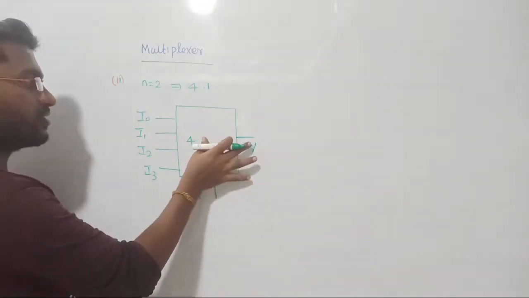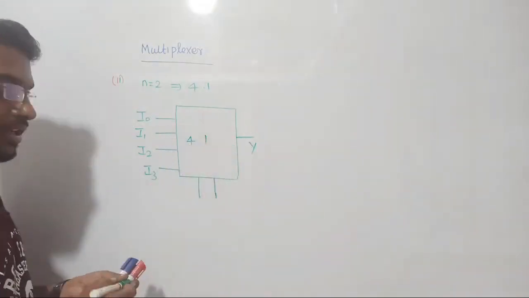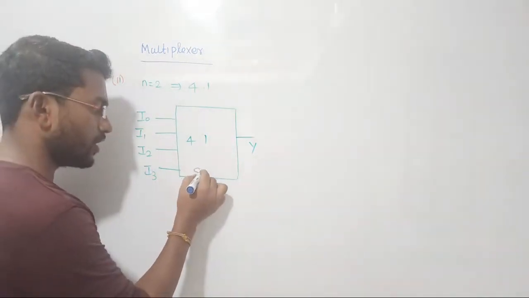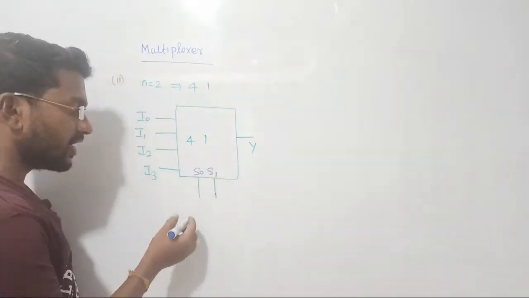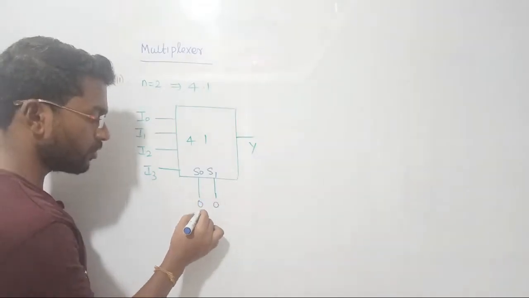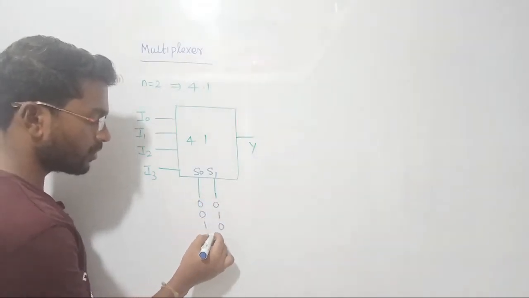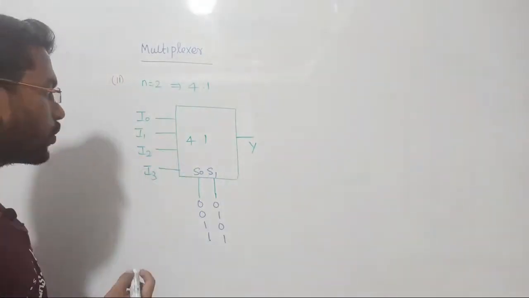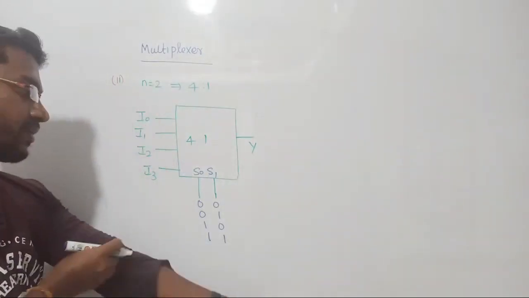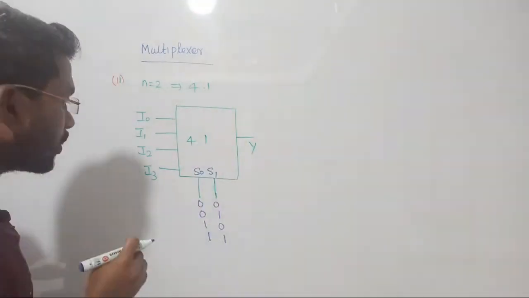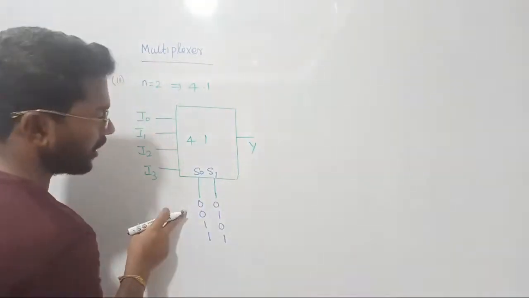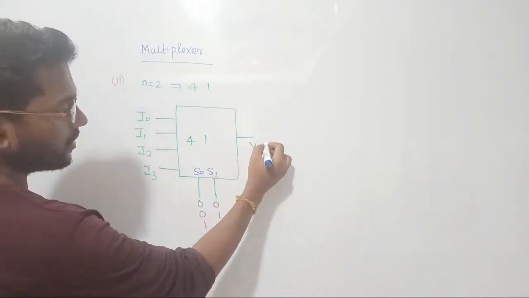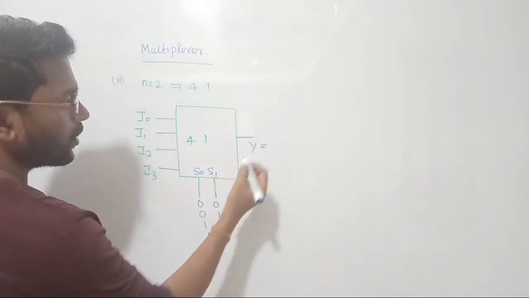Sorry guys, this is a 4 cross 1 mux, such that here we are going to consider 2 select lines, S0 and S1, and their combinations are 00, 01, 10, 11, correct? So we are going to consider 2 variables, that's all. Why? In order to select the 4 lines, at least I need 2 variables. So let's start our journey with this. Let's consider this one. This is equal to